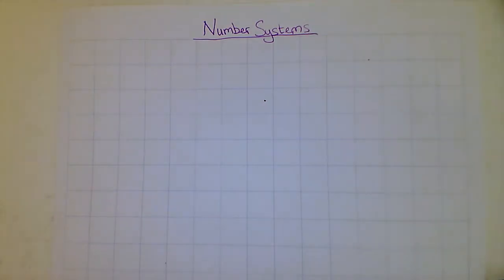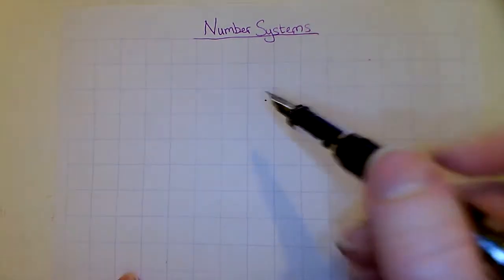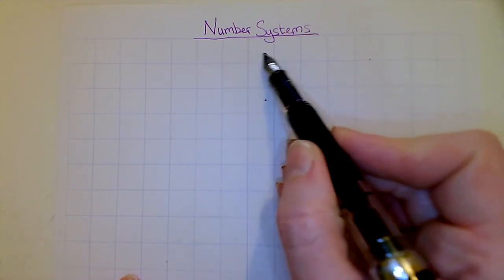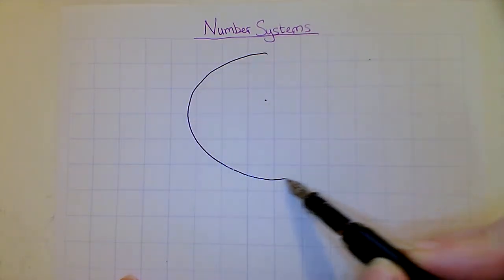Now we're starting a new topic, and this is the topic of number systems. We actually very quickly looked at this earlier in the year, so you'll remember a lot of it. It's about the different types of numbers that we have. And I'm going to start by drawing a set. Okay, the set of all types of numbers that we could possibly have